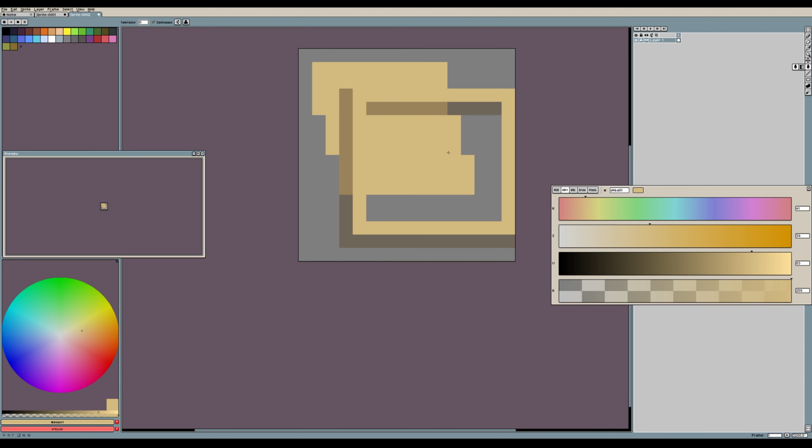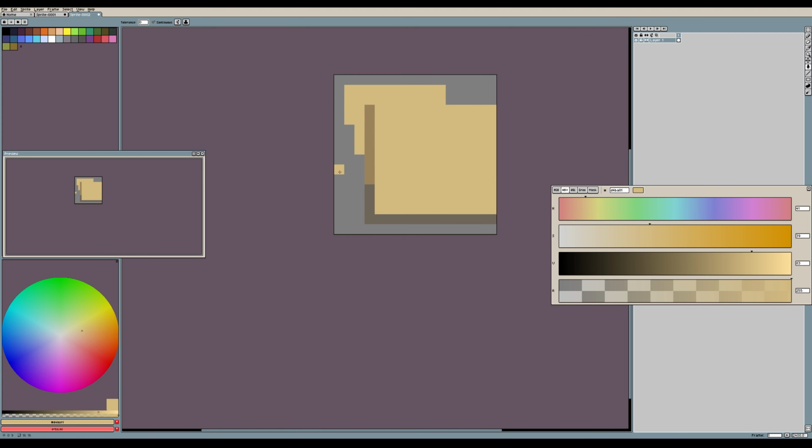There we go, it's given us a little bit of a dimension there. Makes it look like one document overlaid on top of another. And then we're going to draw some kind of landmass on this. It hasn't got to be spectacular. It just needs to be like